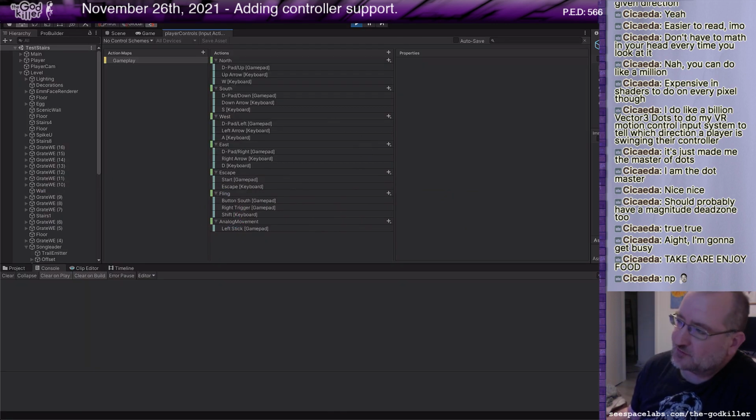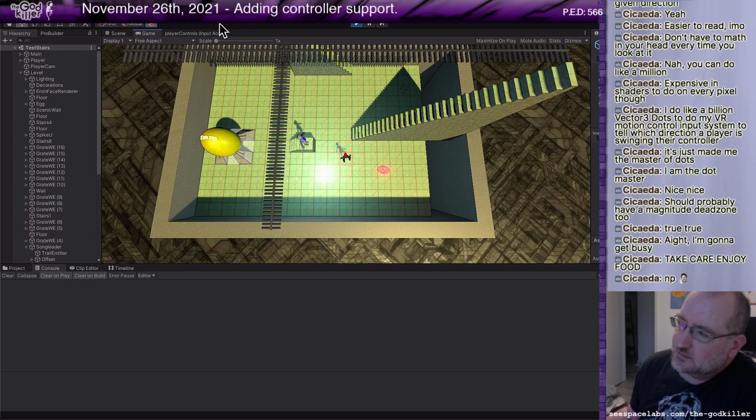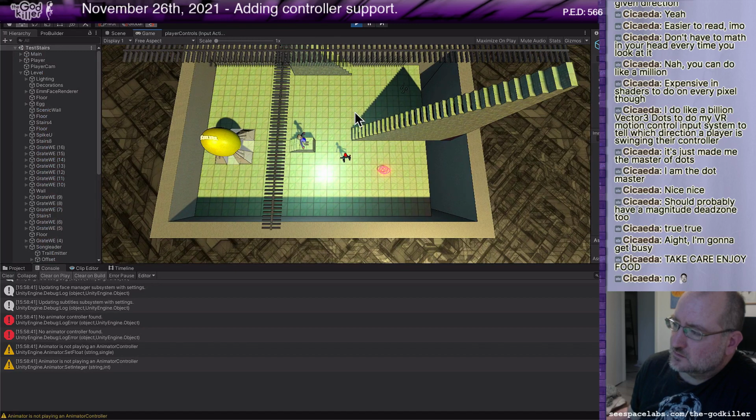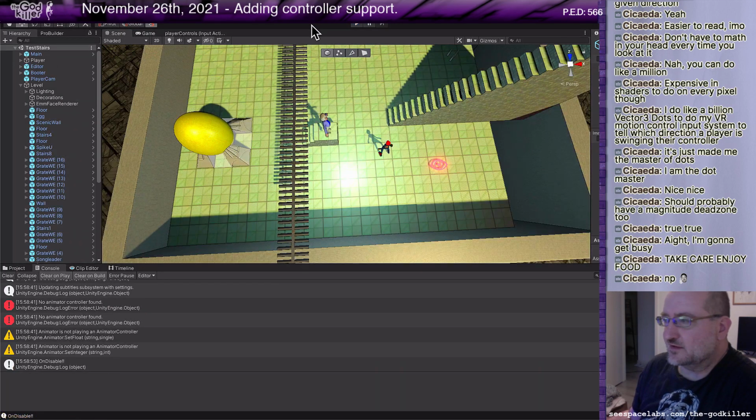I'm curious, after moving to the input system, if that stuff still works. If I say escape, oh, I can't even hit escape, because the input manager is not there. Okay. So that is another thing to figure out.